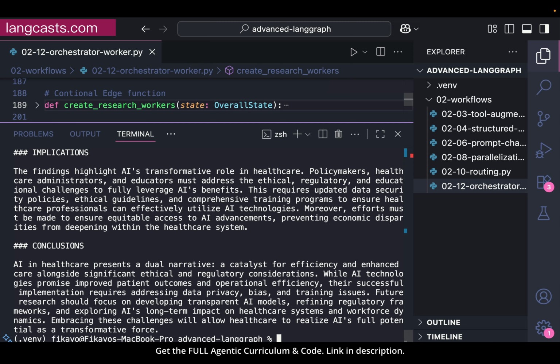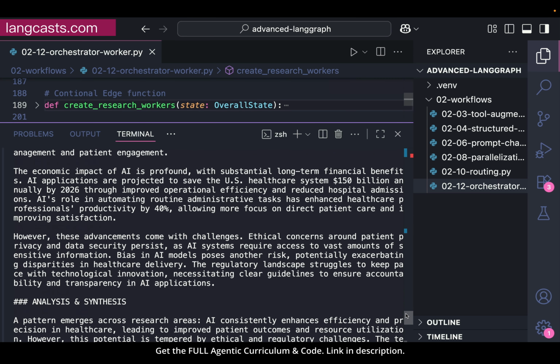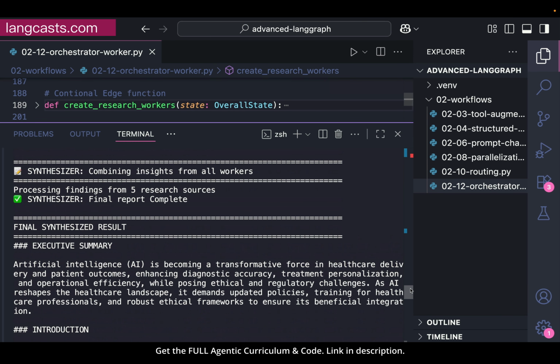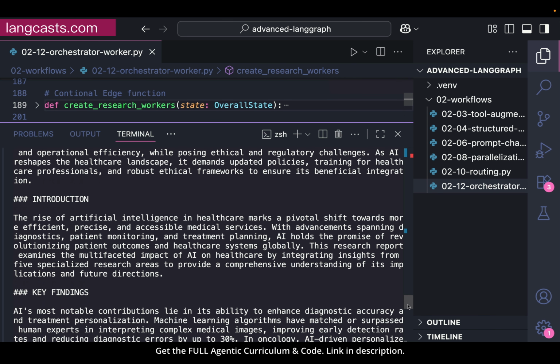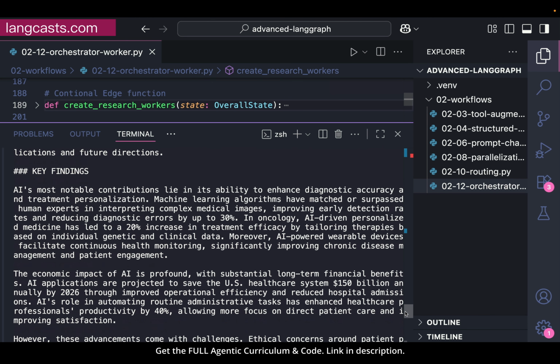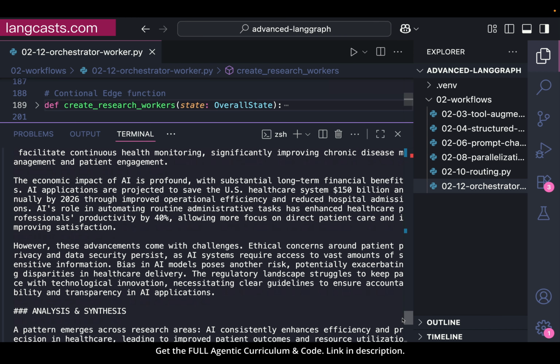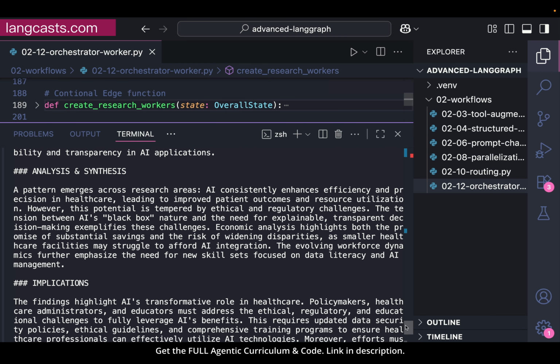And yeah, we get our final report in Markdown. The final report, when we scroll up, we have our executive summary. Artificial intelligence is becoming a transformative force in healthcare delivery and patient outcomes, blah, blah, blah, blah. Our introduction, the key findings, where it actually makes use of what we got. Then analysis and synthesis, implications,